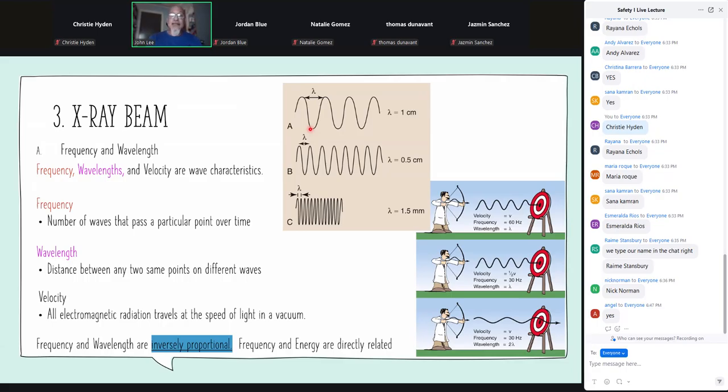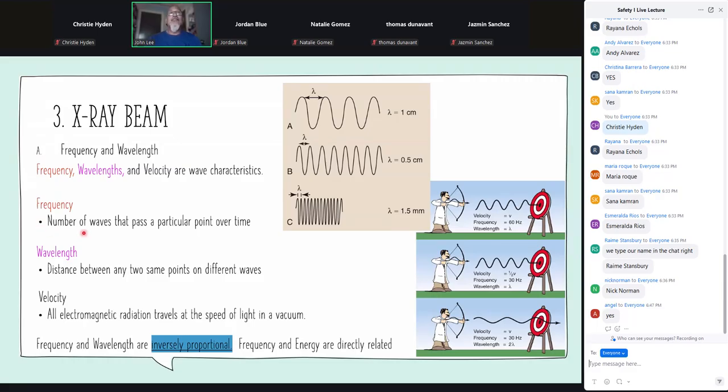Frequency, wavelength, and velocity. Now, frequency and energy, the 4th characteristic here, are directly related. You double the frequency, you double the energy, okay? And vice versa. Velocity is constant. All X-rays exist at the speed of light, or they do not exist. Or they exist with the velocity of the speed of light in a vacuum. So we don't ever talk about velocity either because it is the speed of light. That never changes. Frequency, wavelength, and energy are related,